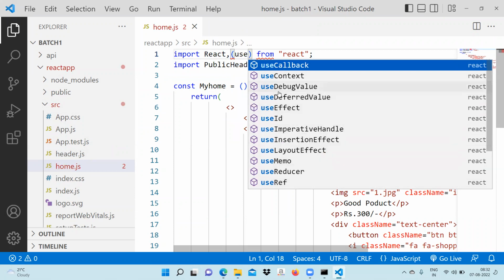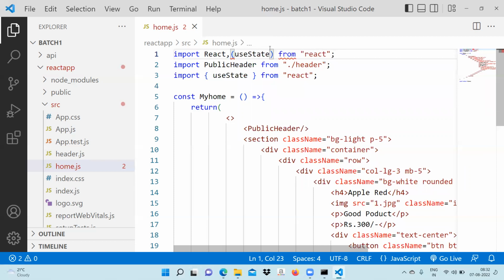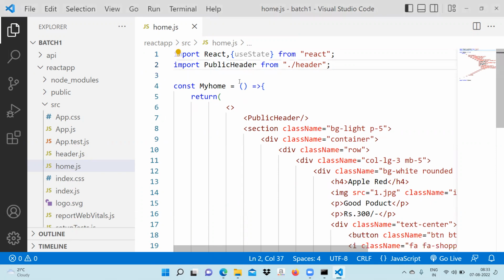Call the use state. Use state is already called 2 times. Use state you can call. After calling the use state,